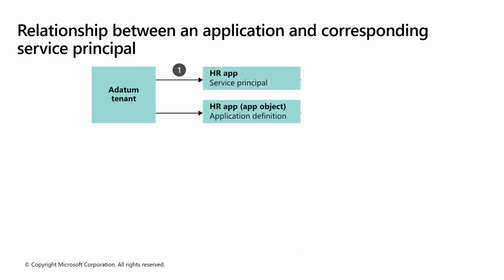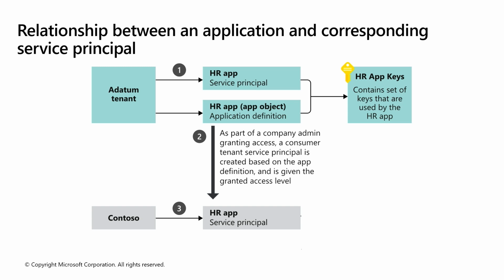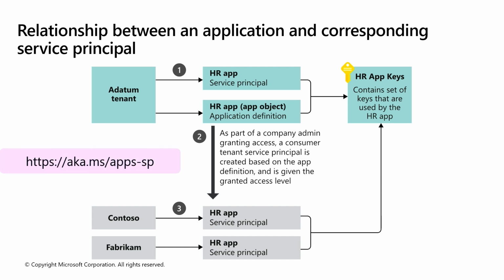Let us examine the relationship between the application object and the correlating service principals. Datium is a company that developed a multi-tenant application called HR App. The application and service principal objects are created in the home tenant, with appropriate access to resources. When the consumers of the app, Contoso and Fabrikam, complete permission consent, a correlating service principal object is created in their Entra ID tenant, representing an instance of the application at runtime,